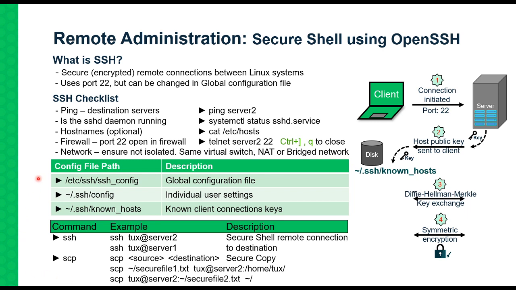Now we're going to look at the configuration file paths and what they do. The first configuration file path for SSH is the global configuration file, and that is at /etc/ssh/ssh_config. That is where we can define our global configurations. For example, changing the port number we want to use for SSH. Then